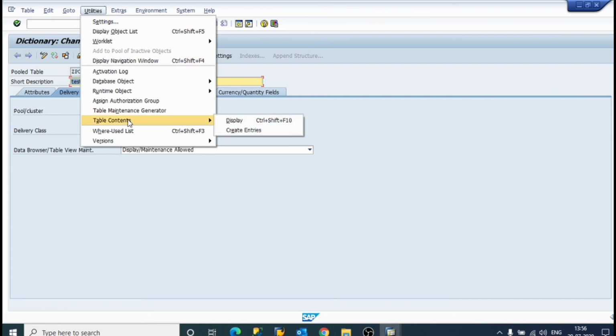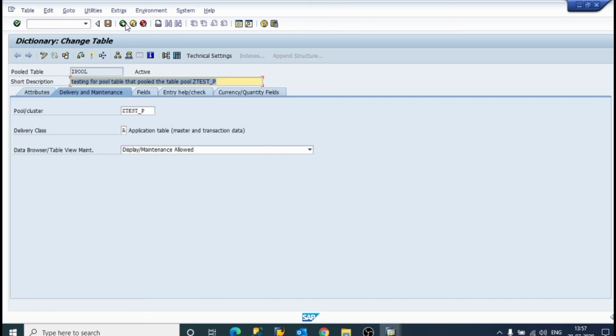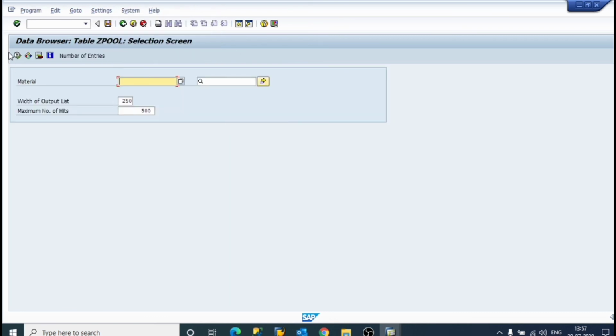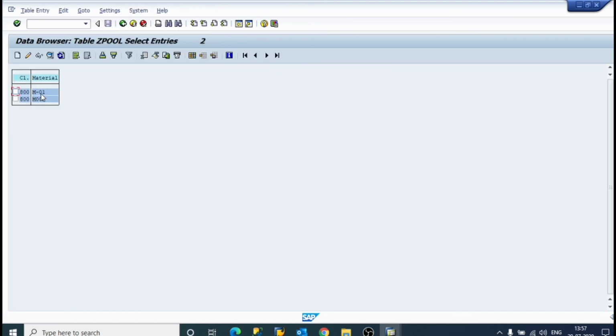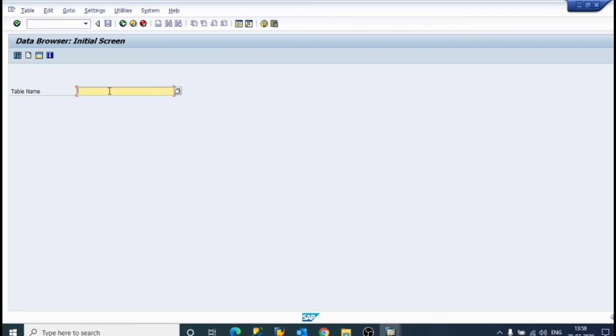Again utilities, table content, create M0, save it. So utilities, table content, display, M01, M002. Now we have created our table pool and pool table. SE16, and copy paste here and enter.